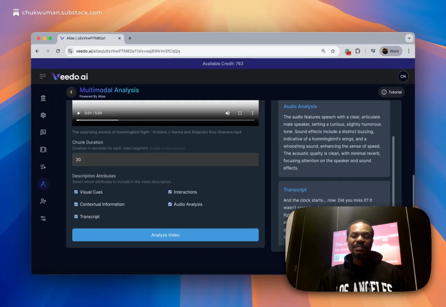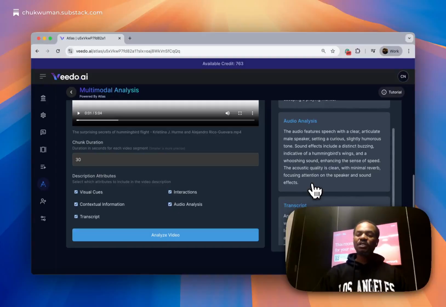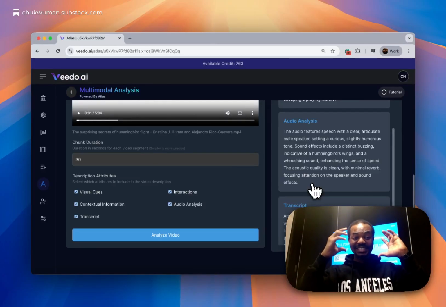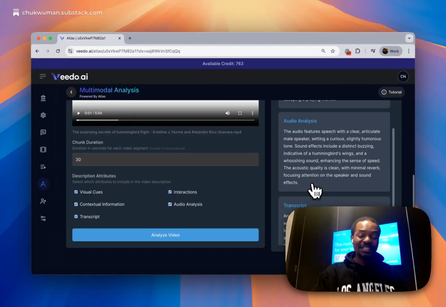Let's take a look at the audio analysis. It says the audio features speech with a clear, articulate male speaker, setting a curious, slightly humorous tone. Sound effects include distinct buzzing, indicative of a hummingbird's wings, and a whooshing sound, enhancing the sense of speed. The acoustic quality is clean, with minimal reverb, focusing attention on the speaker and the sound effect. This is crazy. This is a level of depth that you wouldn't find anywhere,